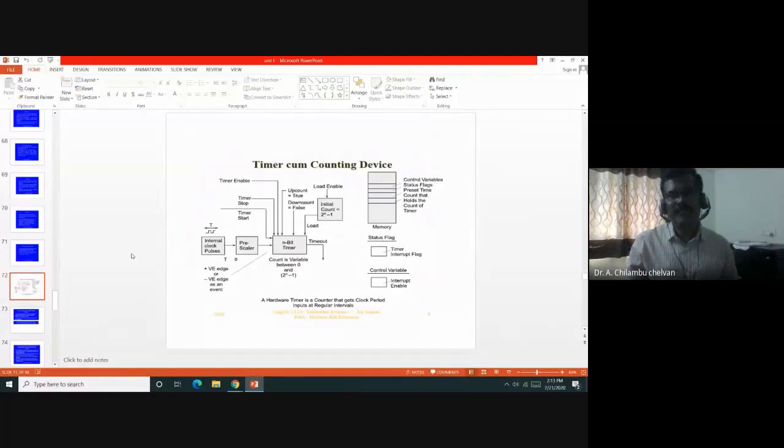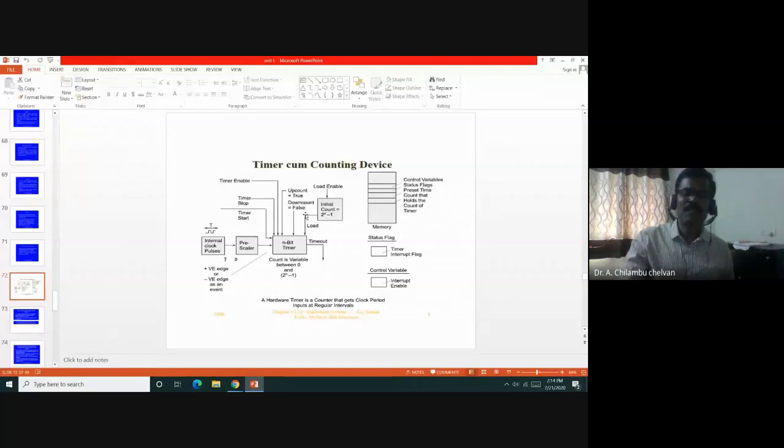It is a binary device that counts the number of clock pulses. The timer has an internal register. For every clock pulse, the content of the counter is incremented by 1. It can go up to its maximum value. Once the counter reaches its maximum value, the counter will overflow. Once the counter is in overflow condition, it sends an interrupt signal to the processor for further action.